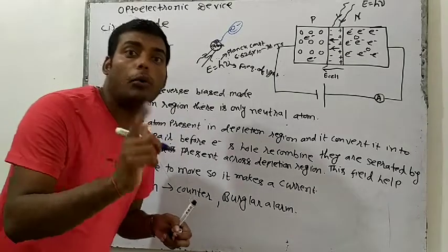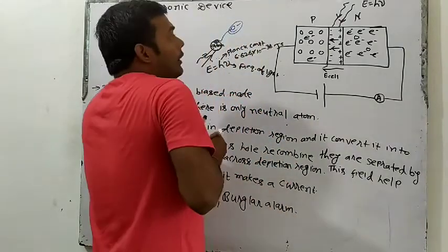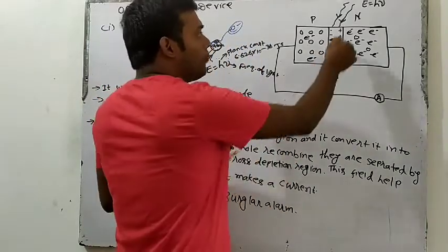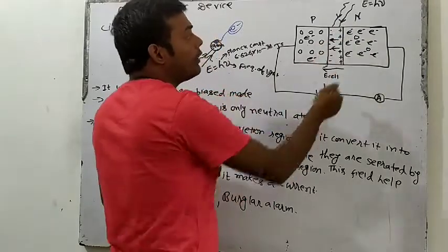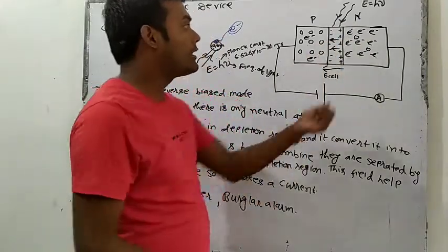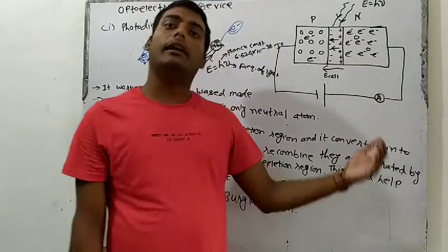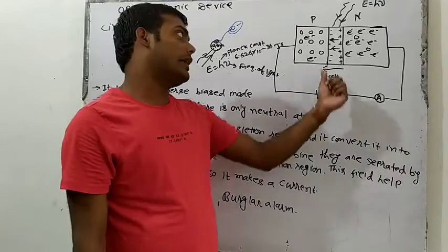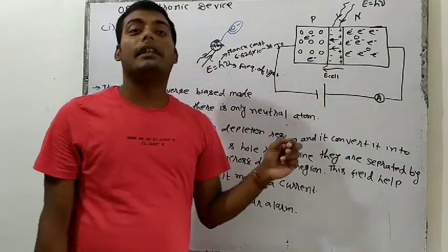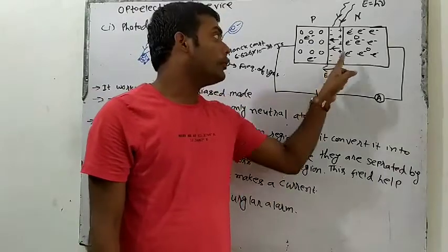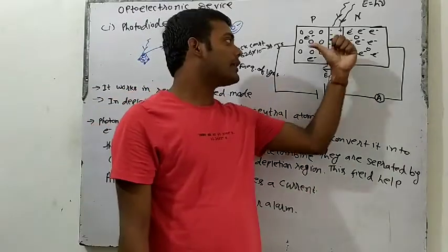So electron hole pair will be generated, and here see the combination, that in the depletion region positive charge will be here, negative will be here, and depletion region electric field will be where? This is the electric field direction in the depletion region. I have explained it in earlier videos. You can watch that one first, then you will understand it better. That electric field due to depletion region, what is the direction of electric field? Positive to negative. So this is electric field due to the depletion region, inverse direction, this region.